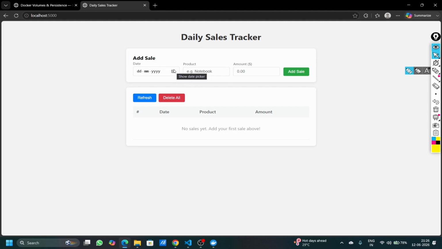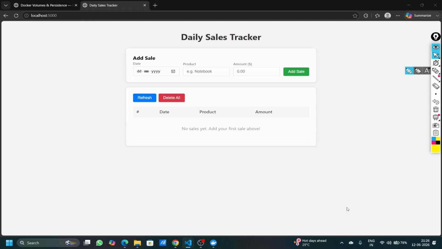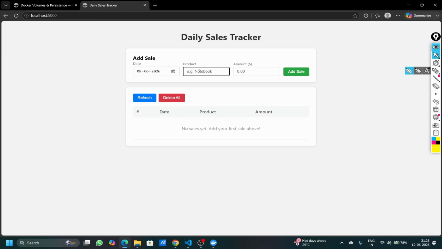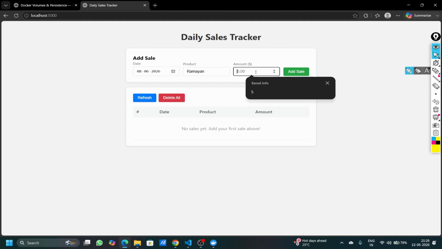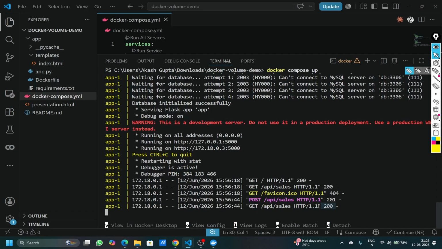Now you can parallelly put this here. So you can see now just 200, 200 and 404 is there. And let's add some detail here. So on 8th, let's say for $30. So you can see the data got added here. So 200 success. It has hit the API. First it hit the post API and then second it hit the get API. And the link is